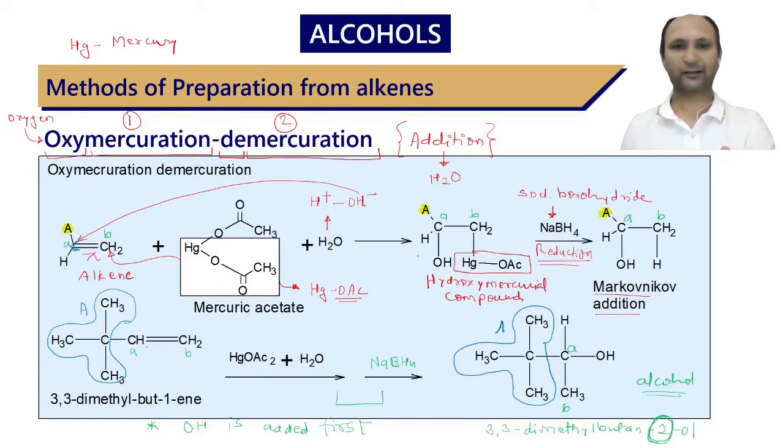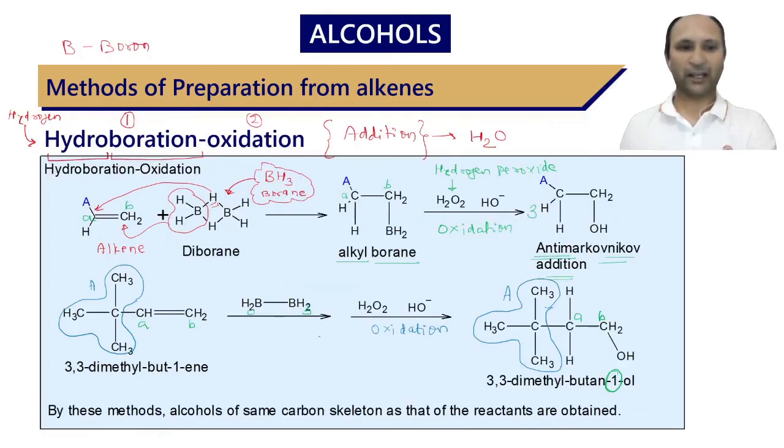So in the first reaction you can see that OH has been introduced in our alkene moiety, but in the case of hydroboration-oxidation you will find that H is introduced first. So these are some of the differences between these two reactions,